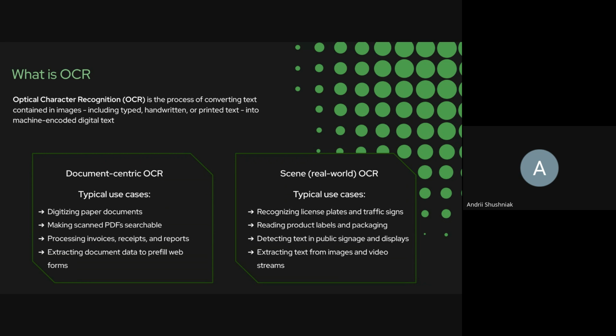A scene or real-world OCR is a more modern type, which also requires more modern solutions, more powerful tools to work with, because the images or frames that need to be scanned in this group are much more complicated than just a regular photo of a document. We are talking about pictures of signs, of license plates, product labels, and so on. Such pictures are much harder to read because they usually include much more background noise,